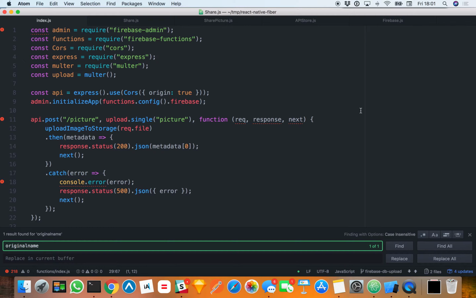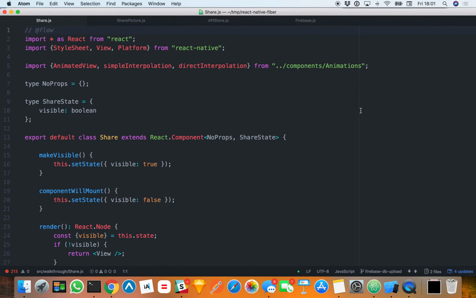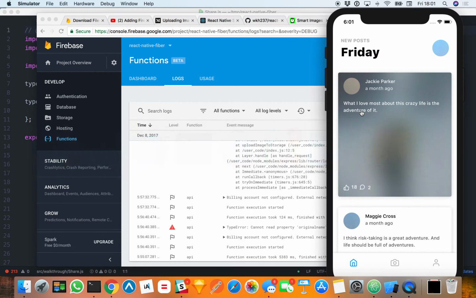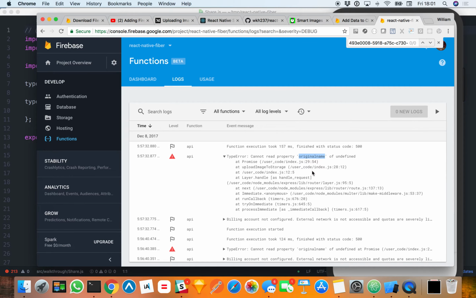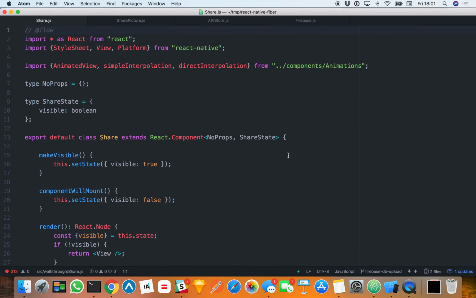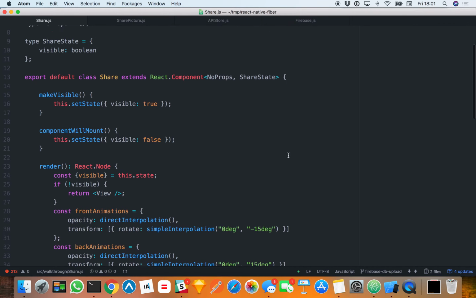All right, okay, maybe let's try to figure it out later. Why doesn't it work on the deployed function? I mean, maybe